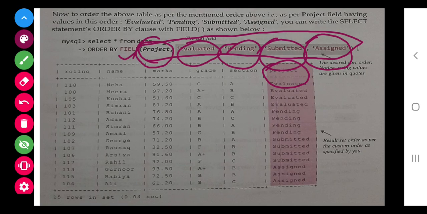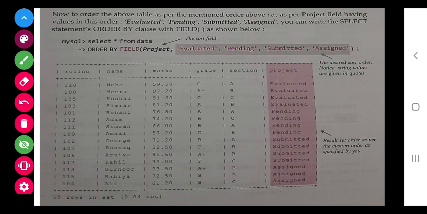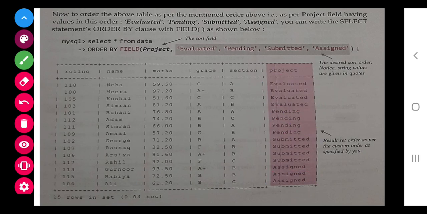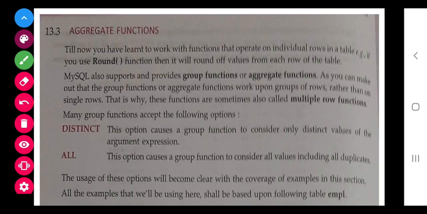So you can decide your own order also. It is not like always ascending or descending. You can assign your own orders also. That is the thing they are teaching here. It is not in alphabetic order, yet the order is maintained according to the requirement.